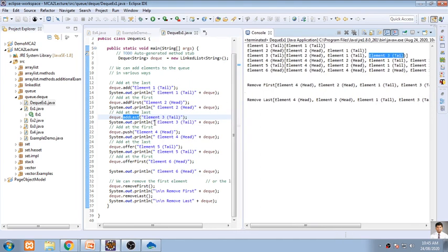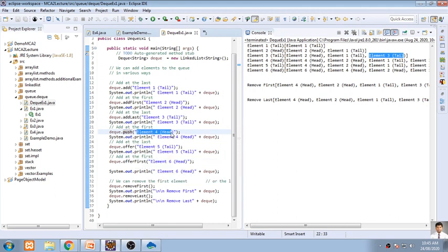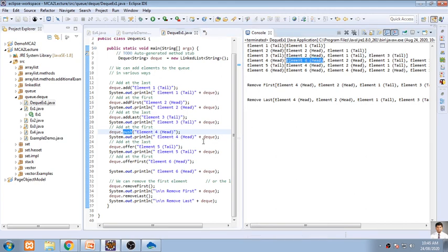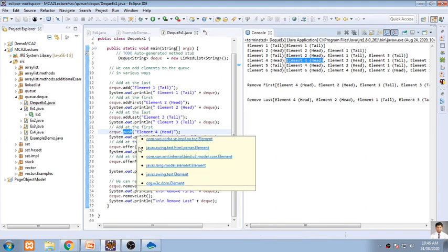Now the fourth element here is used with push. Push means what? Adding an element. And where is it added? Whenever you are using push, it is always added at the first. So here the fourth element is added. This is the fourth time I am executing. So using a push function, you will be adding at the first position of this list.